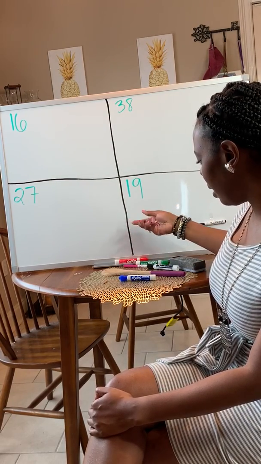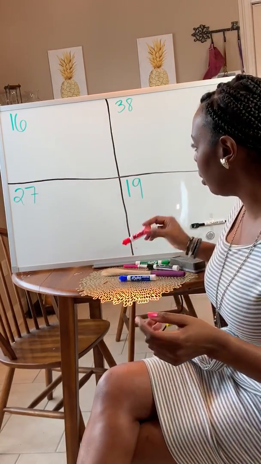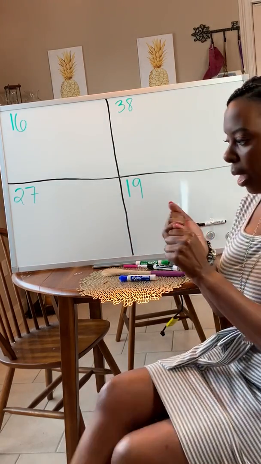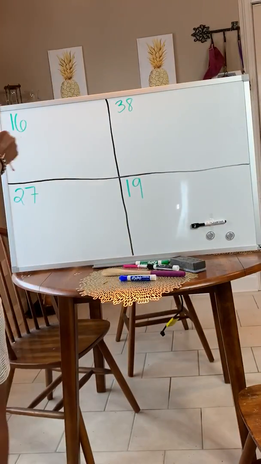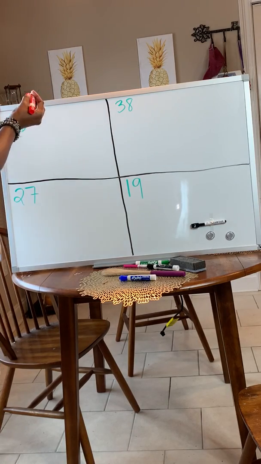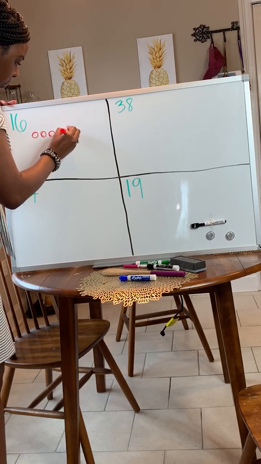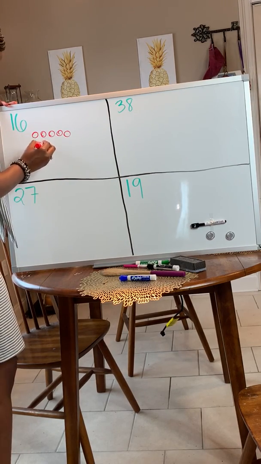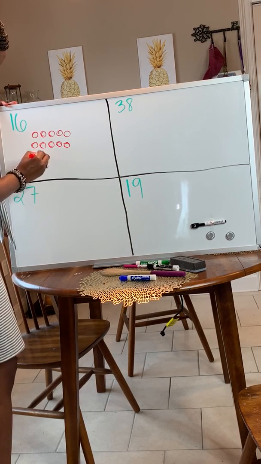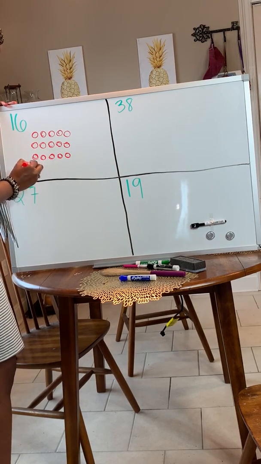let's count and see how many dots we can do with that, okay? So we can figure out how many 10s and how many 1s are in that number. I'll use red, okay? So we're gonna do it the 5 group way, 5 dots on each line, and then until we run out, okay? So 16, you can count with me. 1, 2, 3, 4, 5, 6, 7, 8, 9, 10, 11, 12, 13, 14, 15, and one more makes 16,